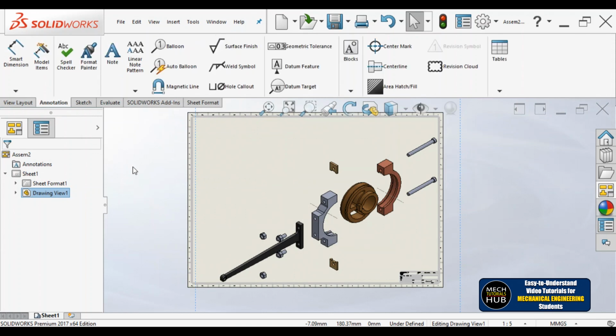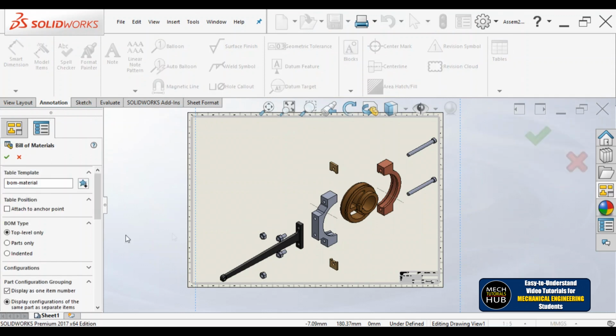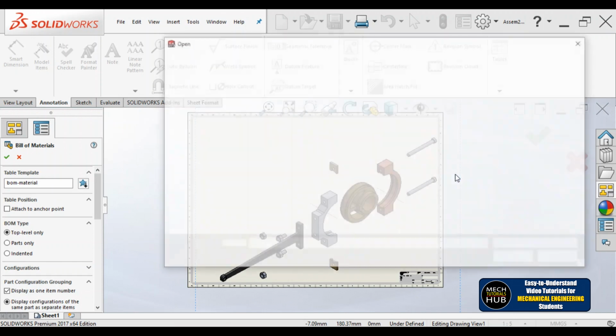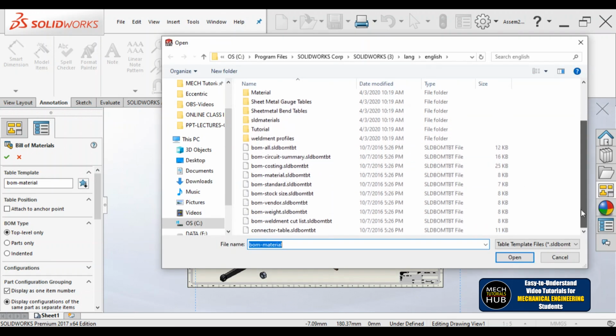Now you can simply move on to annotations. Each and every individual part has its own name, own number that you can maintain now. To maintain, let me give part numbers. While creating each and every individual part, some name has been given to save it. The same name I just retrieve in the bill of materials. I'll go to table, bill of materials. Under this window, if I click on this particular table template, you find different options or different formats of tables. I'll show you.